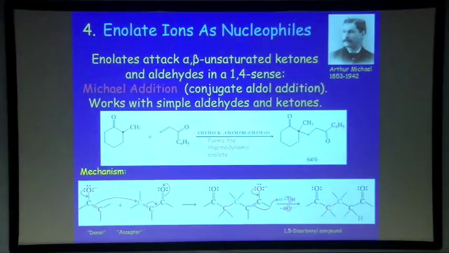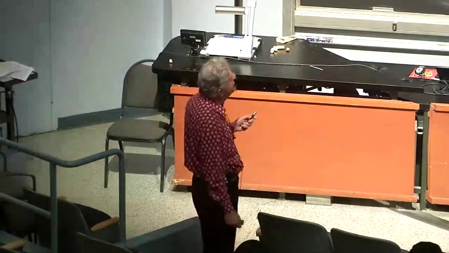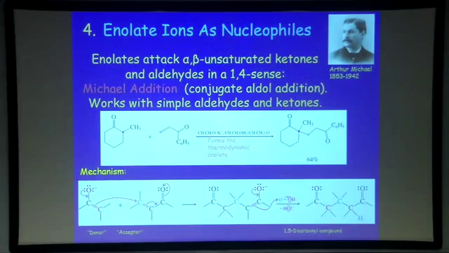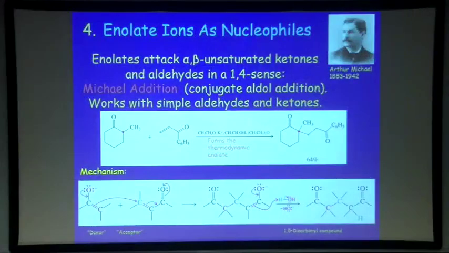Low temperature LDA, a sterically hindered base, will deprotonate at the less hindered position, will remove the less hindered hydrogens. But it's very convenient to run these things under catalytic conditions, which are by their nature equilibrating conditions. So if you make the enolate anion here, it will attack at the beta carbon. Again, it will actually more rapidly attack the carbonyl carbon. But again, this is reversible. So when it attacks here, it forms the thermodynamic product because, again, we are retaining the carbonyl group of the